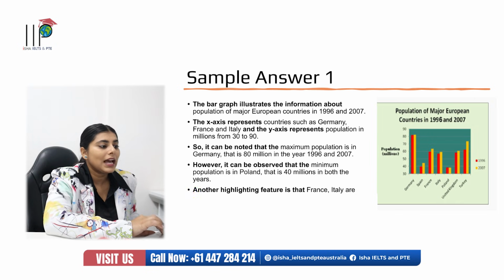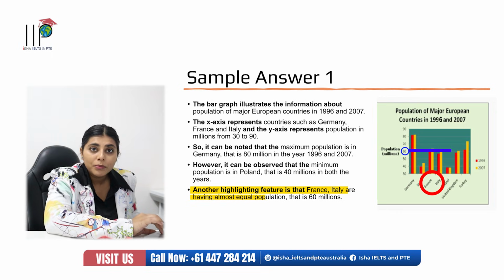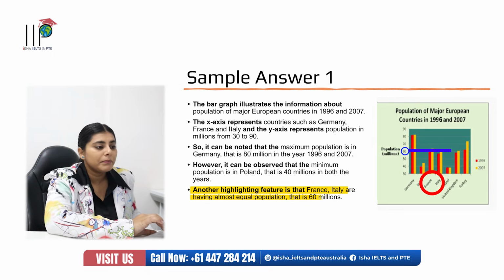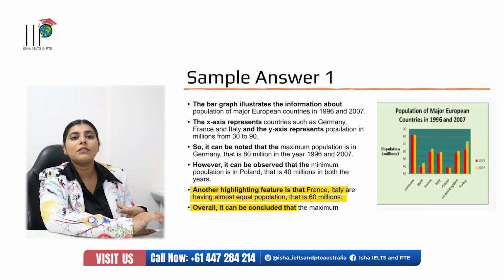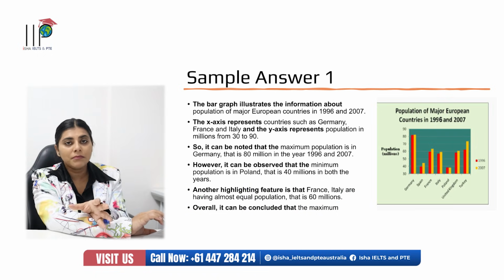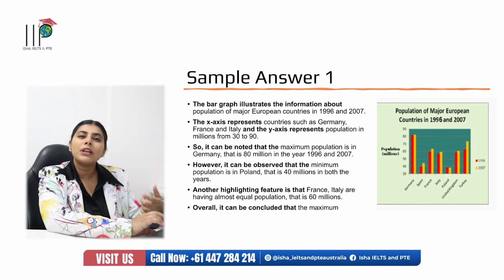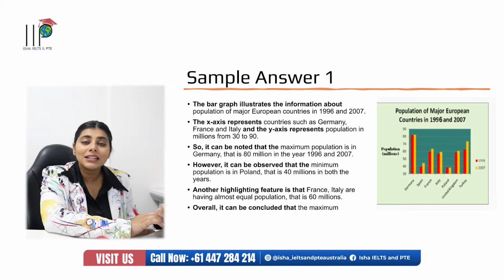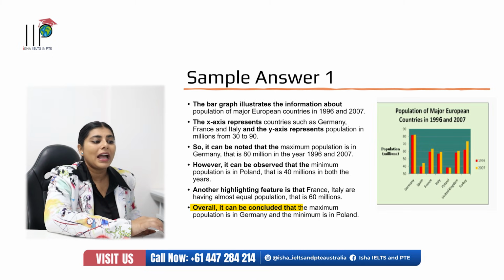We are going to say another highlighting feature is that here I'm going to discuss France and Italy. Both of them are having equal population, which is around 60 millions. Overall, it can be concluded that, in overall, again, you have to discuss the maximum and the minimum aspect. It's just that you don't have to speak the percentage again over here. You don't have to speak the numbers or the statistical aspect over here again. So you can say overall, it can be concluded that the maximum population is in Germany and the minimum population